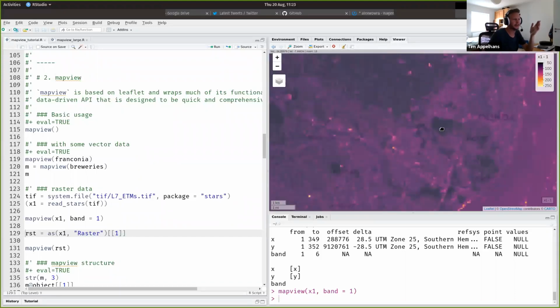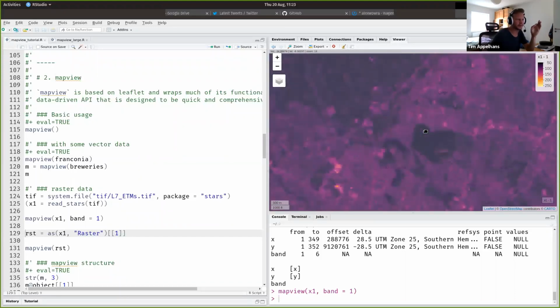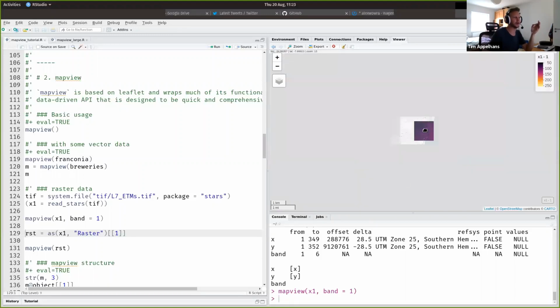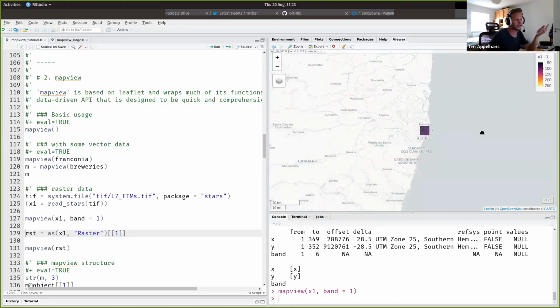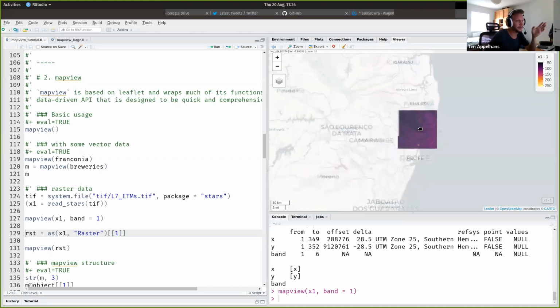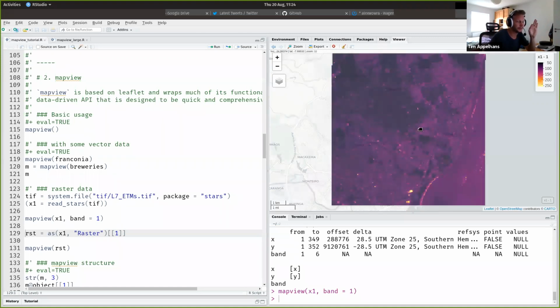So basically, it's trying to be smart in the sense that when you are zoomed out quite far, you can't see all the 350 by 350 pixels anyway, because your screen resolution is much lower. So that might actually be one of the reasons for that error message in the chat, but I need to investigate. So this is really nice because that allows you to actually view larger data sets and still get an